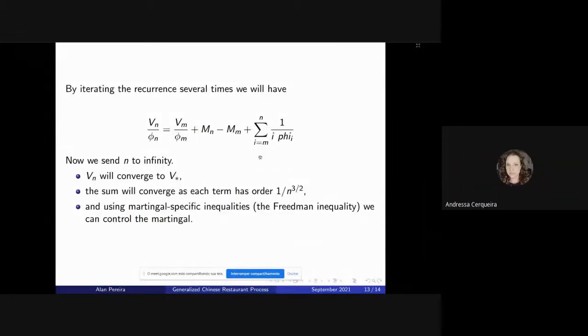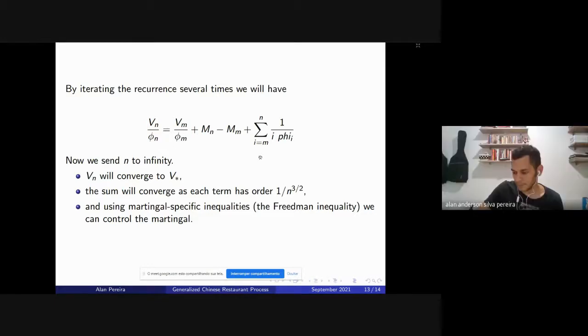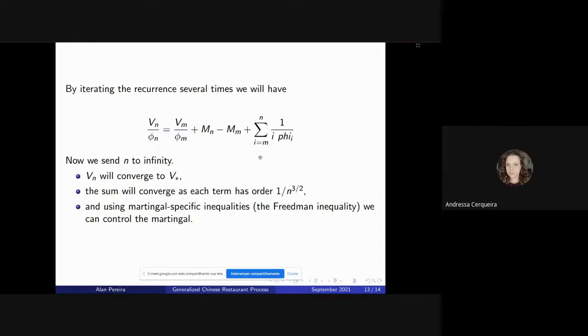I have a question about this V star, because in the proof I can see that V star comes from the convergence of Vn divided by Phi. So here's where V star appears. That is the same V star in the statement of your theorems, right? Can you say a few words about this random variable? I think you said something about that. Can you say a few words about how it looks?